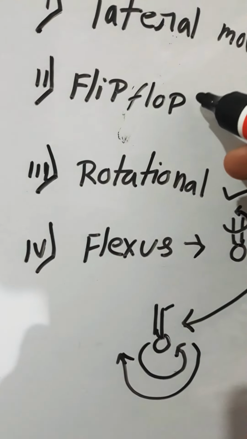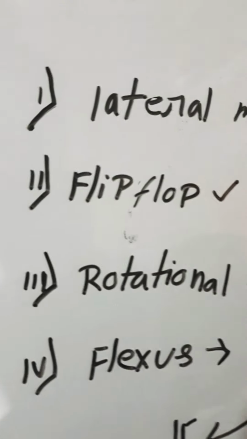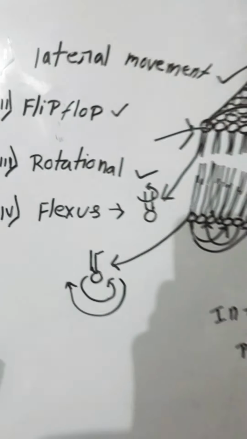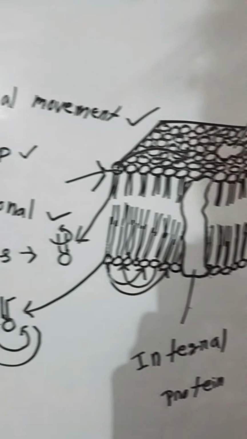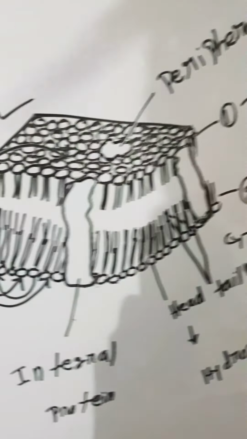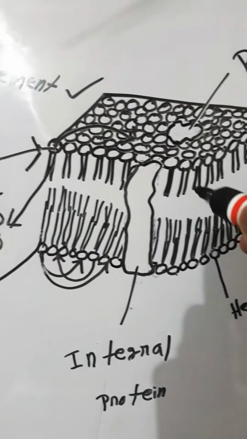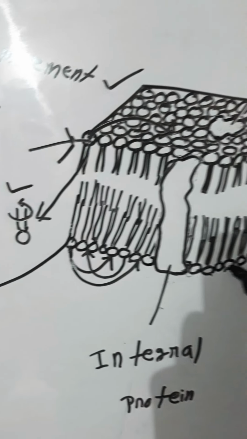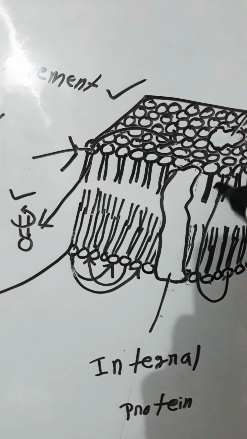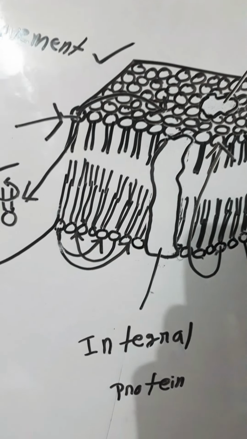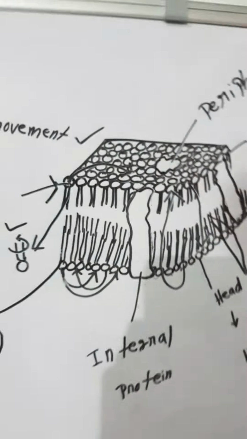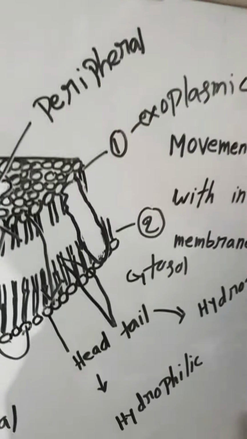Okay, and then the last one is the flip-flop rotation. In flip-flop rotation, it happens very low in number. Like see, flip-flop movement means lipids move from one leaflet to another leaflet. From, for example, see, this lipid is here, but it does not happen regularly, because